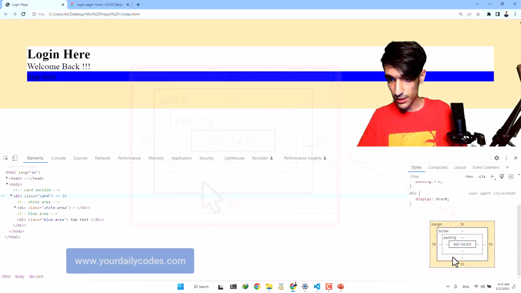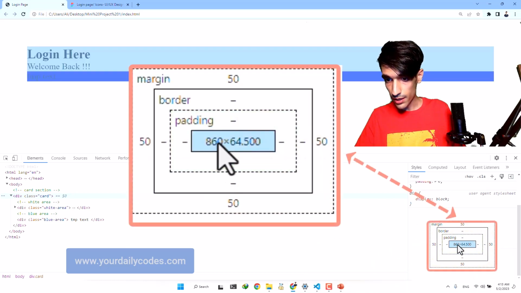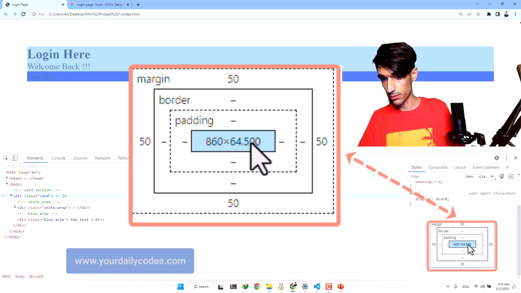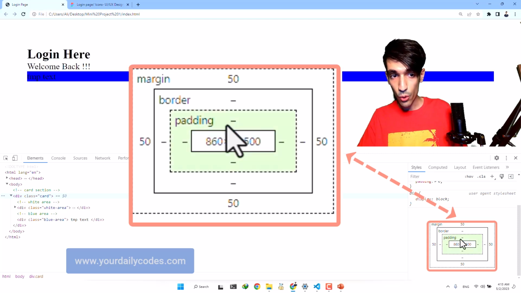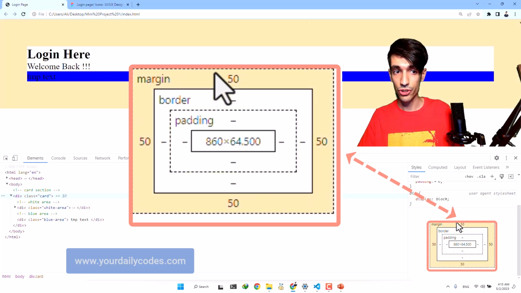If you take a look at this, it's telling us the element itself is occupying 860 pixels width and 64.5 pixels of height. Okay, it says it has no padding, it has no border, because we will see we can have a border, and it has 50 pixels of margin.